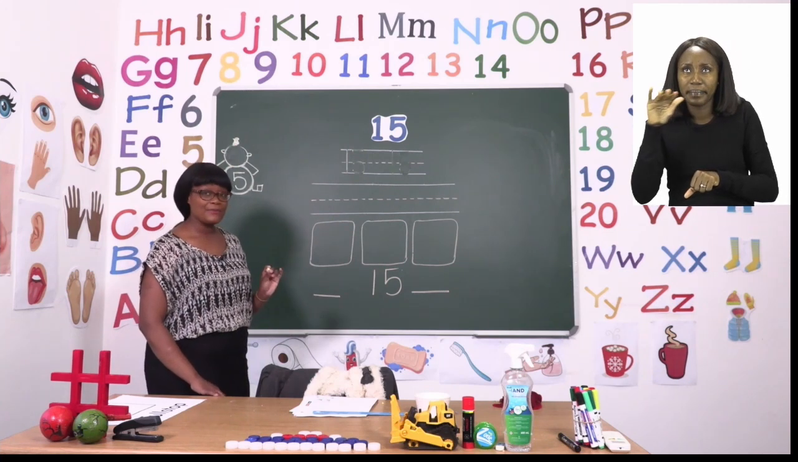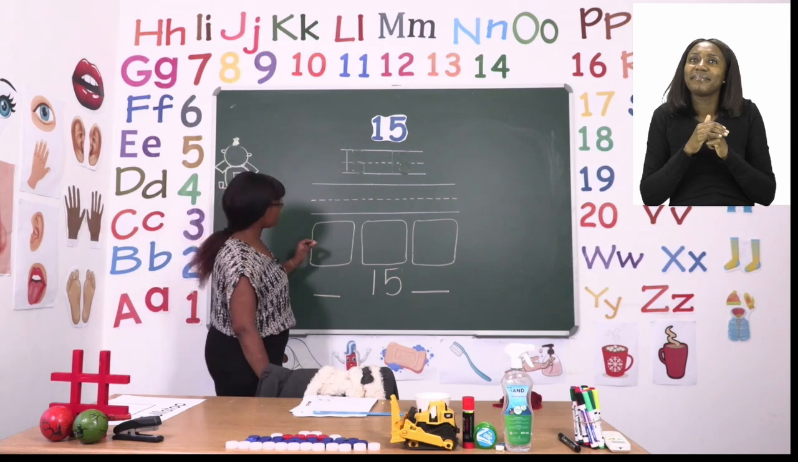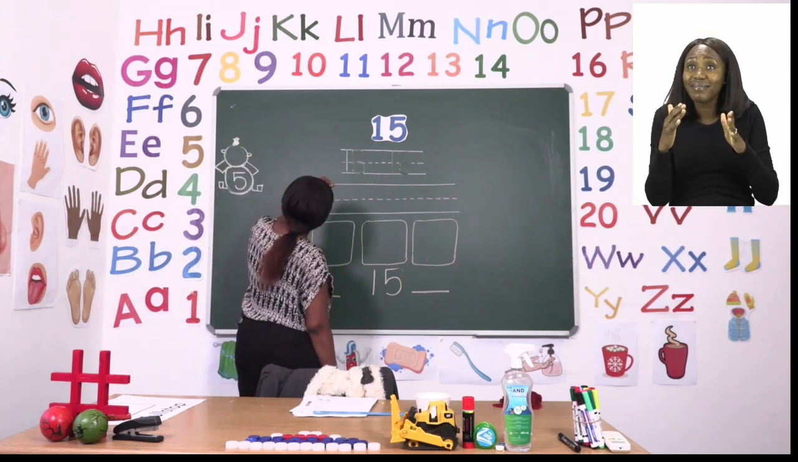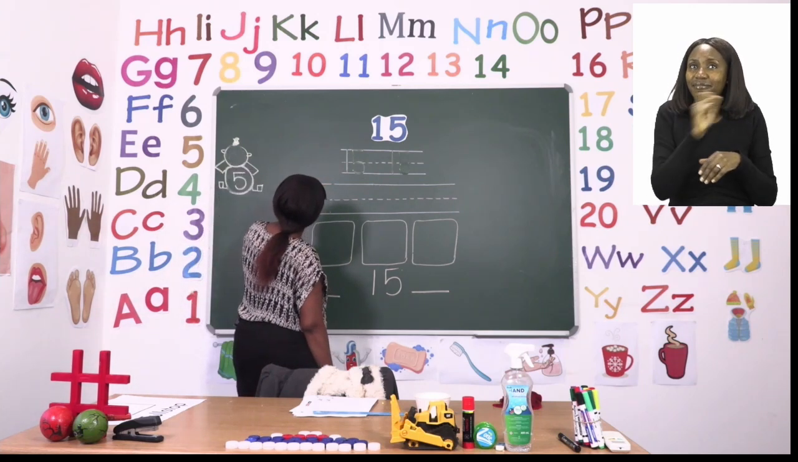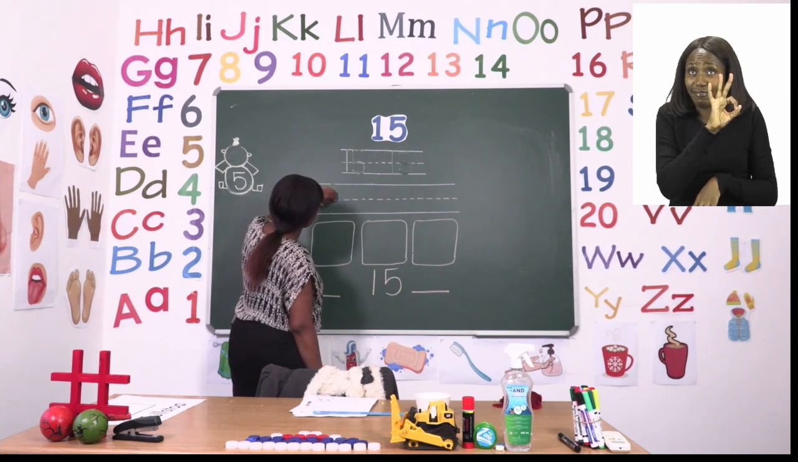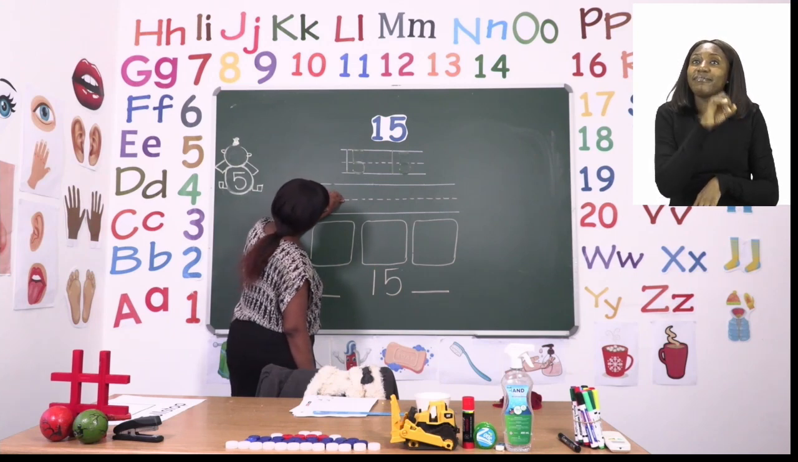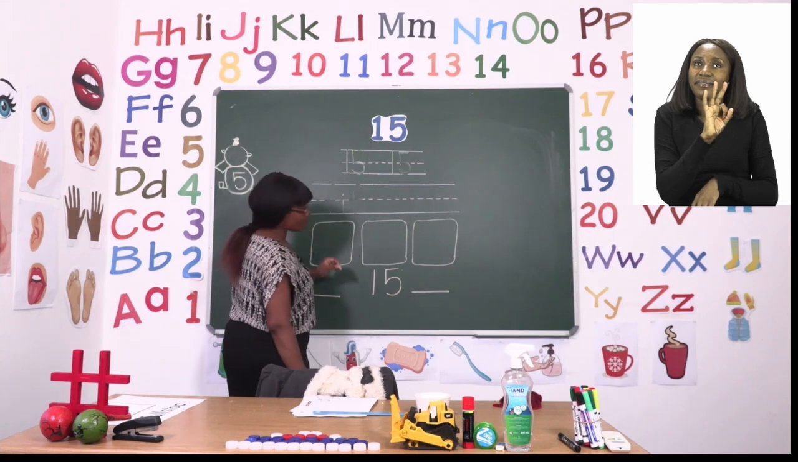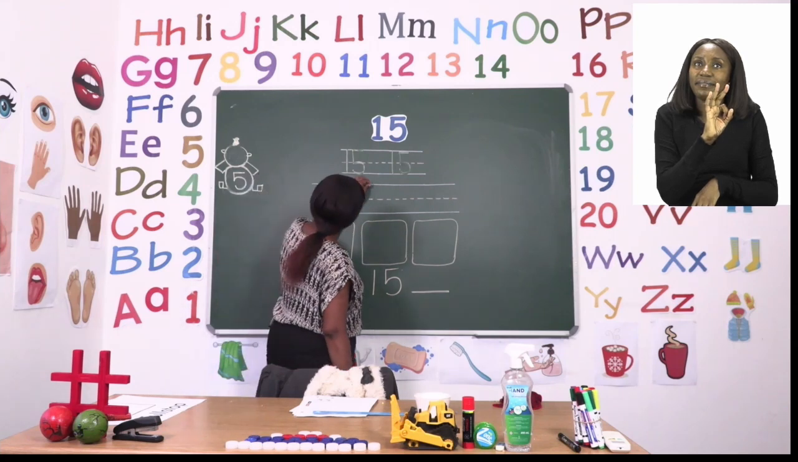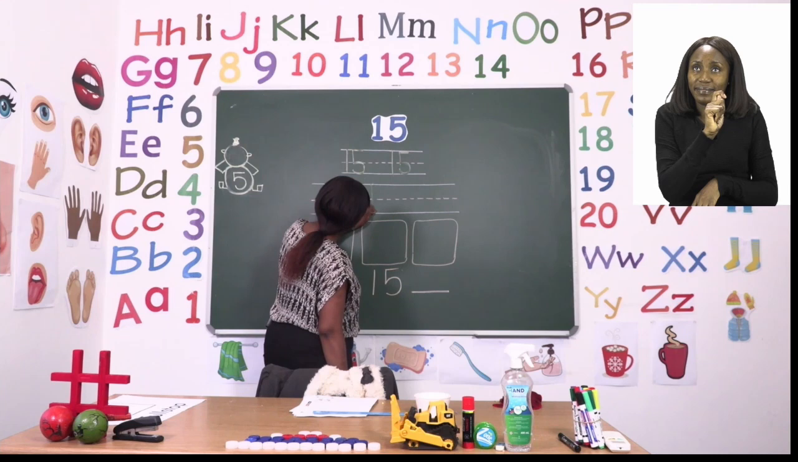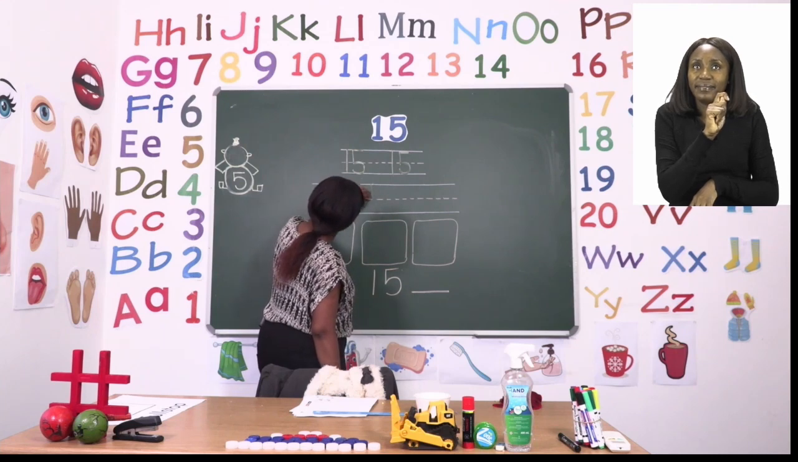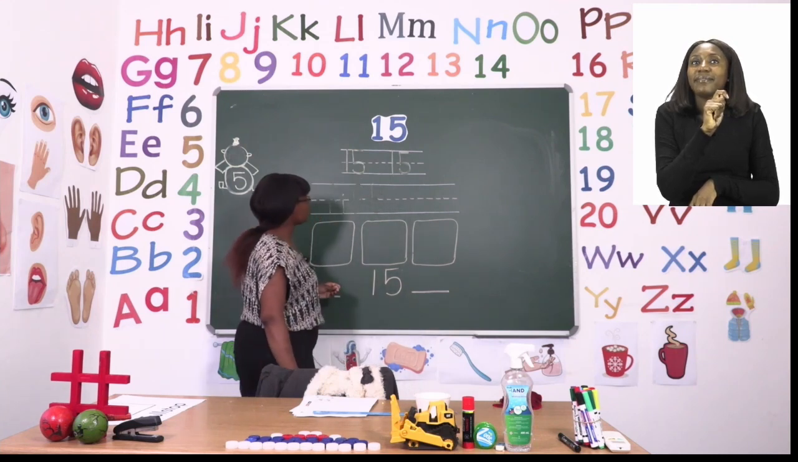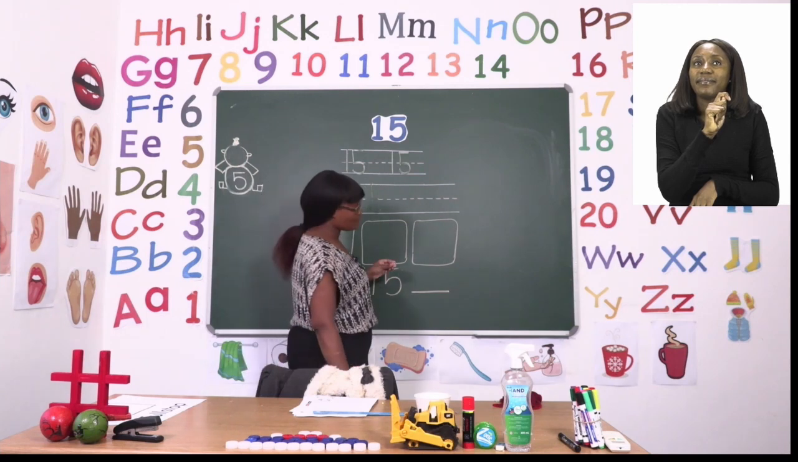So the number name starts with the letter F and then I. Very good. Another F. Then we are going to continue with a T. Good job. Don't forget to put your crosses. And then we have